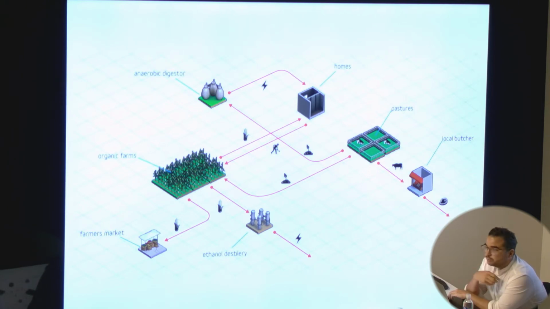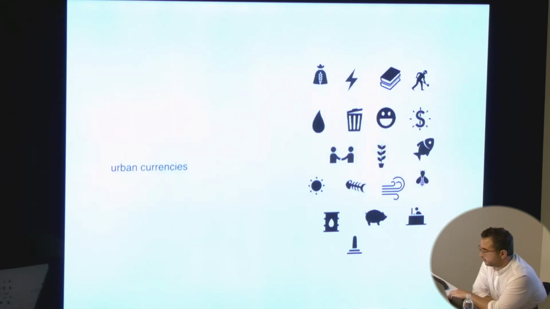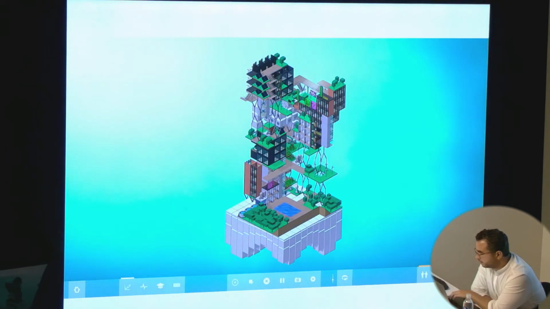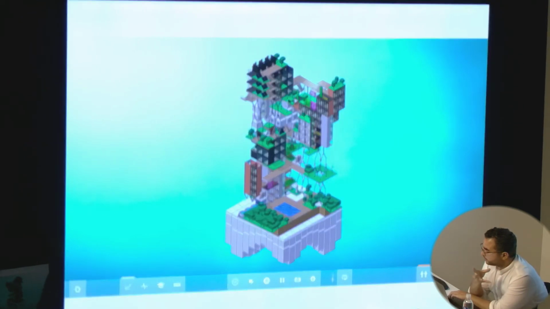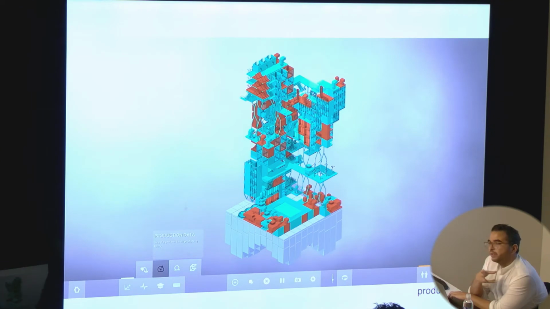So the player had the tools to model those two different models and decide which one was better because of the consequences that they would offer. And as I mentioned, you would be working with this notion of urban currencies. So at any given time, a player would be able to see its construction in the natural form, or also go into different data modes and visualize what is actually being produced, what is not being produced,